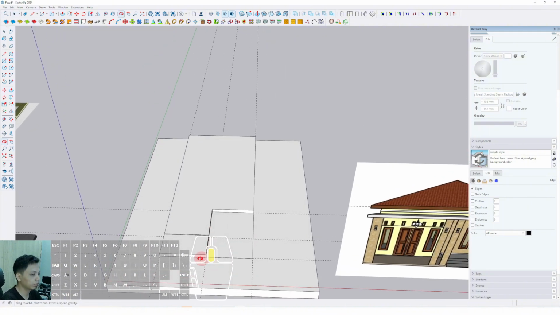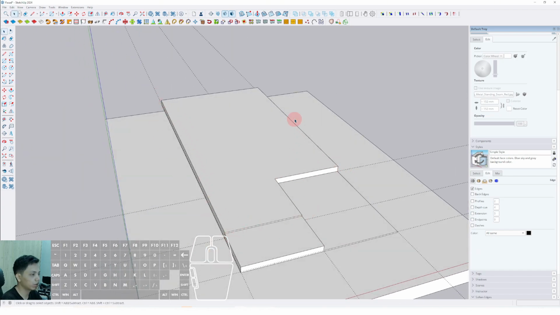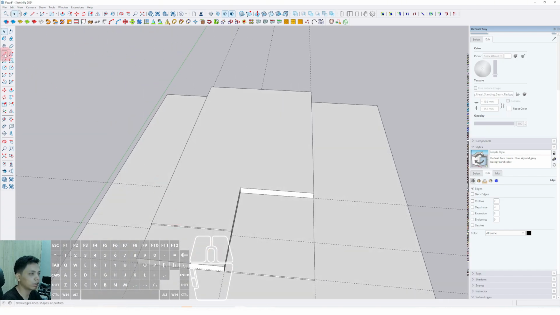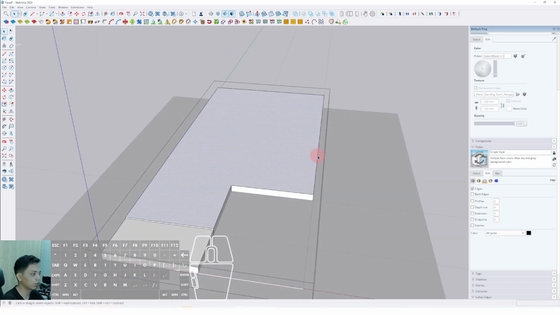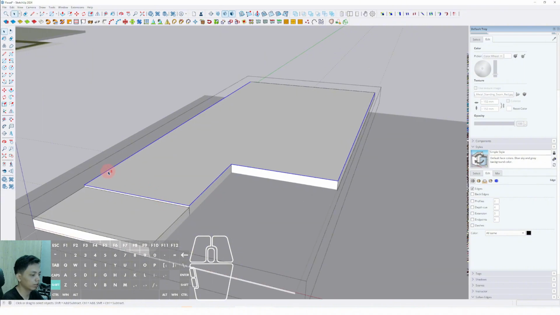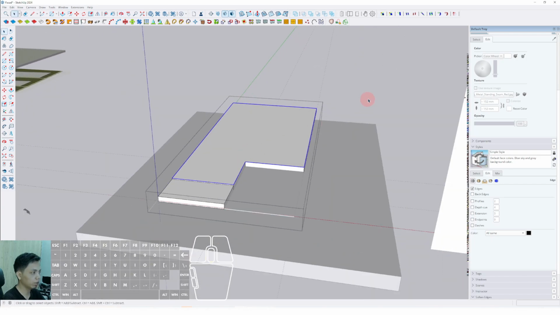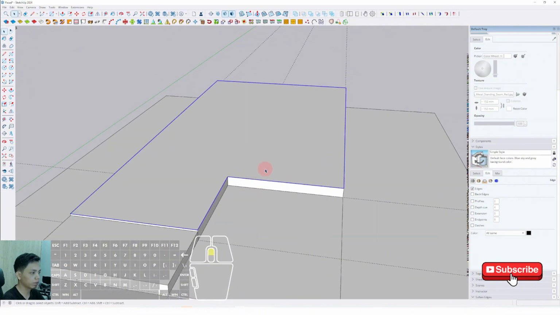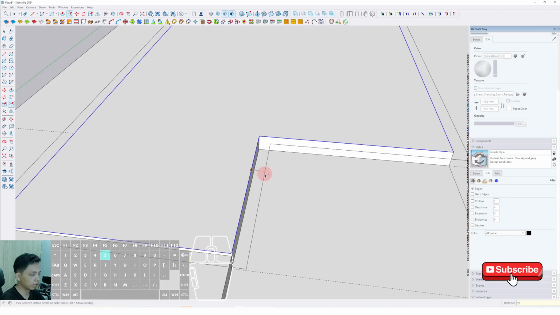Okay, now we have to make the wall over there. We have to make the perimeter of the wall using the insert of the group. Then we click this outline. We select this outline, copy it, exit from the group and paste in place. Then we offset it outside around 75 millimeter